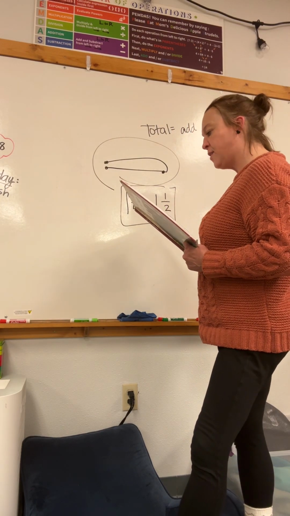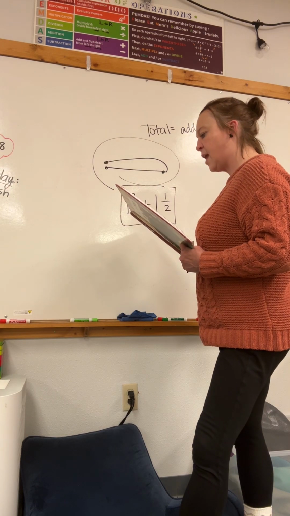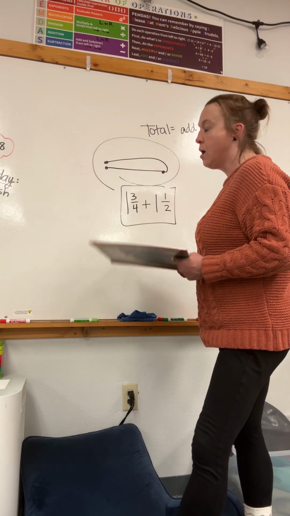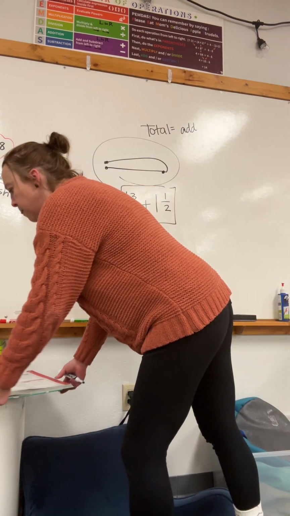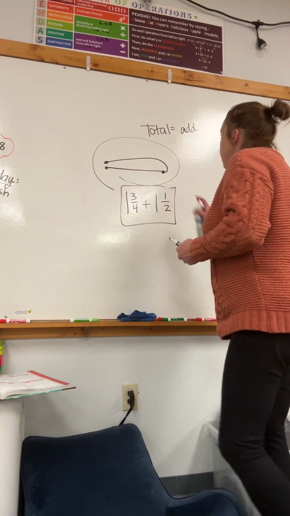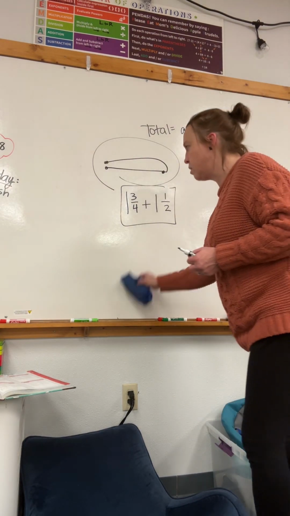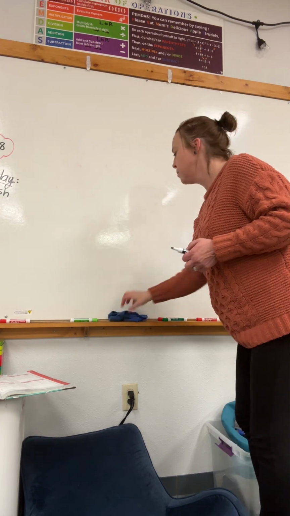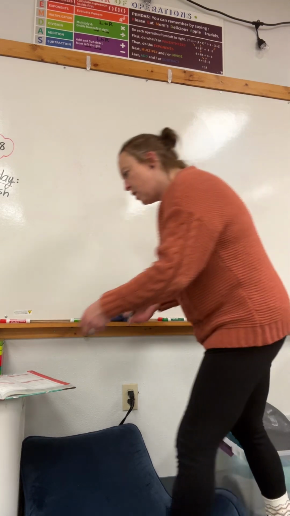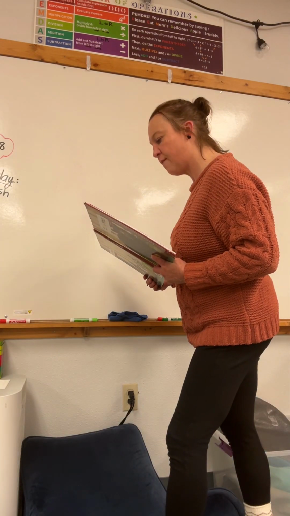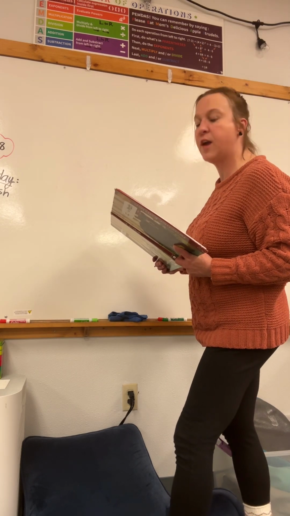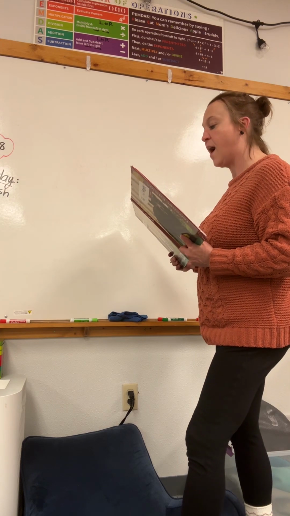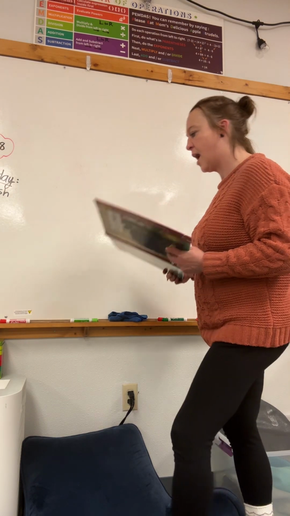Number 8, on 5 days of every week, Jackie runs 2.5 miles in the morning. How many total miles did Jackie run every week? We could do addition. Total means addition. And we could do it as repeated addition if we really wanted to, but we know how to multiply mixed numbers. And so we're just going to do it the easier way, which is multiplying. We're going to say 2.5 for every single day of the week, but this tells us that she's only doing it 5 days a week. So even though a week has 7 days, this tells us that we're only going to do this 5 times. So 2.5 times 5